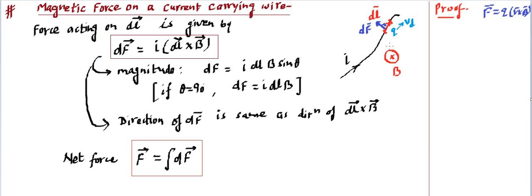If we talk about that force, we can write that the force is going to be dF, because we are considering those charged particles which are in this dl length. This is going to be equal to the charge in this particular part, let's write this as q for the time being, times the drift speed, which is the velocity with which they are traveling, and this has to be crossed with the magnetic field.